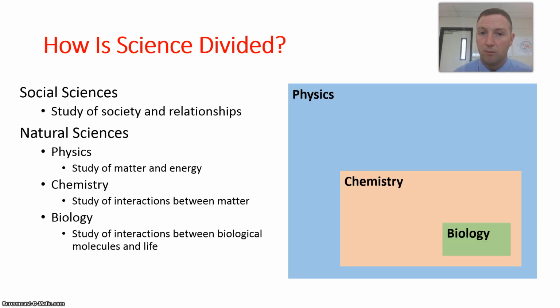All right, so the sciences, how are they divided? All right, people use the word science a lot, and there's one huge division between the social sciences and the natural sciences. In science class, we're going to be talking about the natural sciences, but I wanted to give you an idea of what the other sciences are. The social sciences. This is the scientific study of society and relationships, using data, using some of the same methods, okay? But in the natural sciences, like physics, chemistry, and biology, okay, we're looking at the natural world.